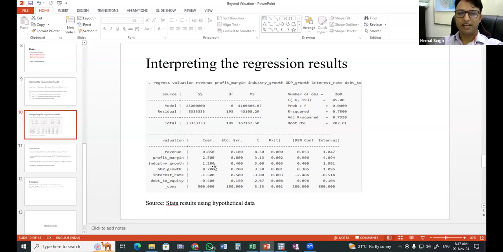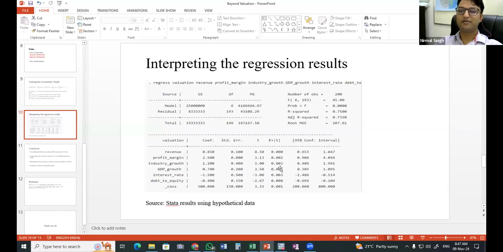Moreover, sometimes what can happen is that if you are using variables which contain outliers, the p-value changes. Say, for example, we get to know that profit margin has a significant impact, which is generally understood from theory. If it is coming out as significant and you introduce one variable which is not normally distributed, or maybe has outlier issues, then it might be the case that this p-value will become insignificant.